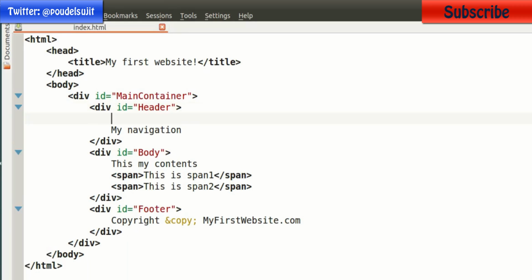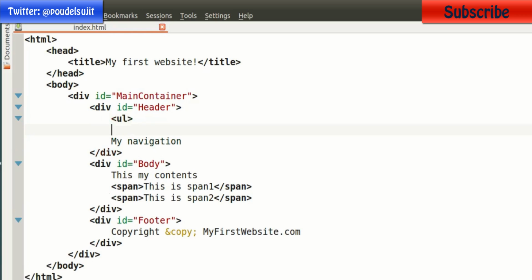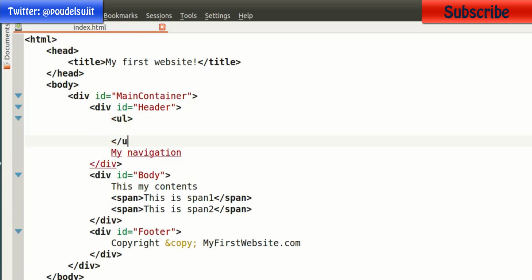There are so many ways to make this navigation that it's not even funny. But I'm going to use the simplest method here, and it's the unordered list in HTML, and you can identify that by UL. Now this will create an unordered list, and if you want an element to be inserted in this unordered list, you put them inside